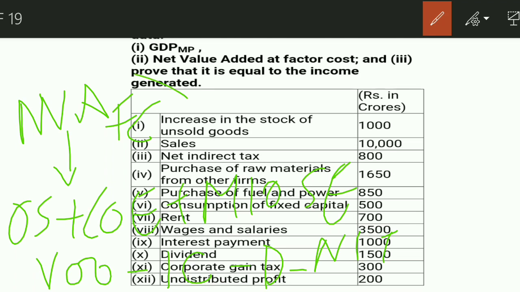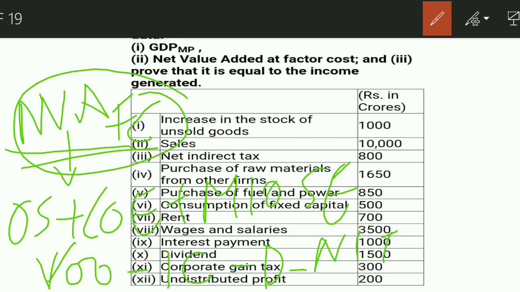Okay, this is net value added at factor cost. And you all know that value of output is the sum of compensation of employees, operating surplus, mixed income of self-employed, intermediate consumption, depreciation, and net indirect tax. So NVA at factor cost is simply either the addition of these three things, or it is value of output minus intermediate consumption minus depreciation minus NIT.